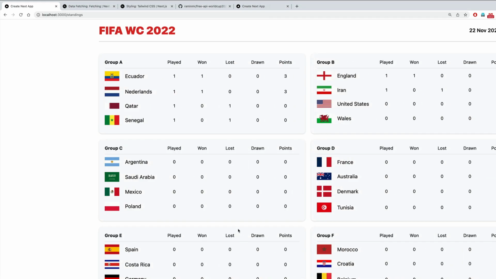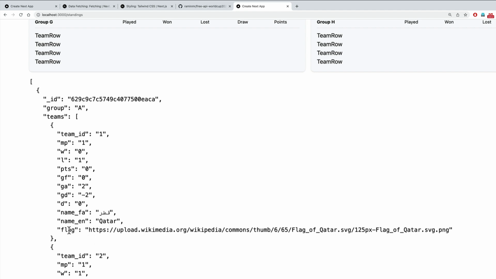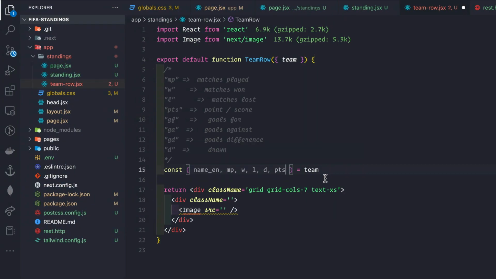The source would be, we can check out this thing here. We have the flag here with the image source. So we can also destructure the flag from here. That would be the source for the image. So the source would be this flag, and then we need to provide a width here. So width would be 40 and height would be 40, and we also need to provide the alt attribute, which would be simply the name in English. If we save this and have a look at the application here,